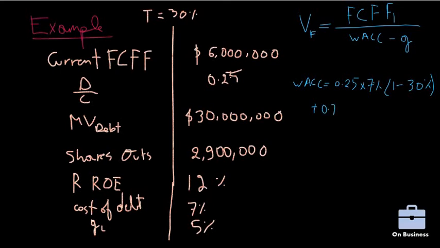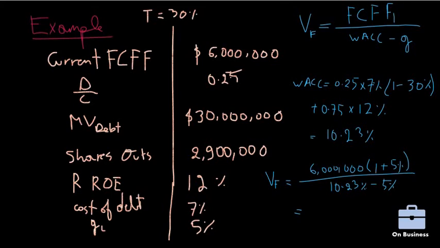0.75. And I have to multiply that by the cost of equity, and the cost of equity is the required return on equity from the investor's perspective. From the firm's perspective, this is a cost for me as a firm, so it's the same number. I multiply that by 12%, and I'll get a weighted average cost of capital that is equal to 10.23%. This leaves the value of the firm to be $6 million into 1 plus 5%, and this is FCFF1,